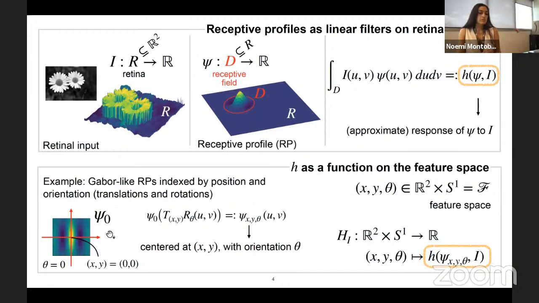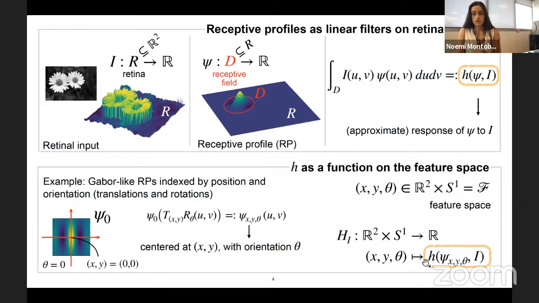And so in this case, we would have a family of filters that are indexed by a position x, y in R2 and an orientation theta in S1. So the feature space that is associated with this family of filters is R2 times S1 in this case. So the collective response of the family of profiles to the image can now be written as a function on this feature space that associates each point x, y, theta of the space with the response of the corresponding profile